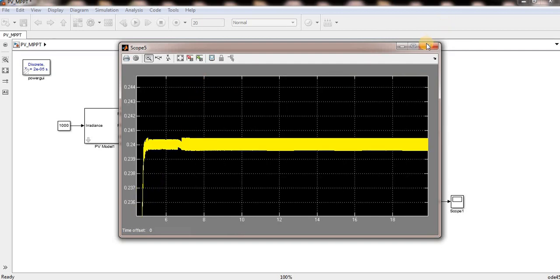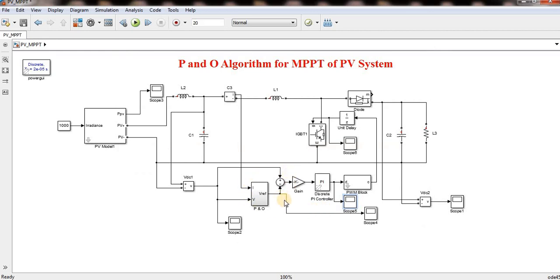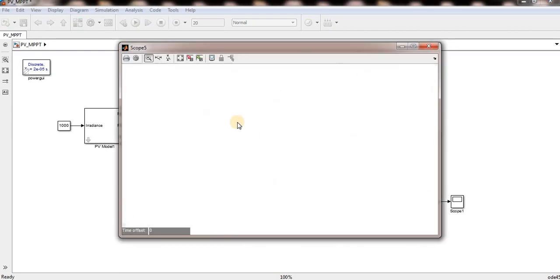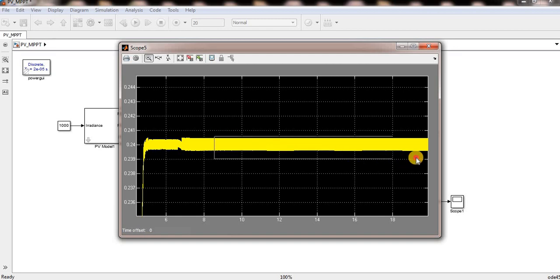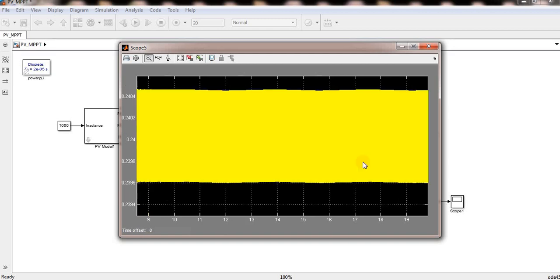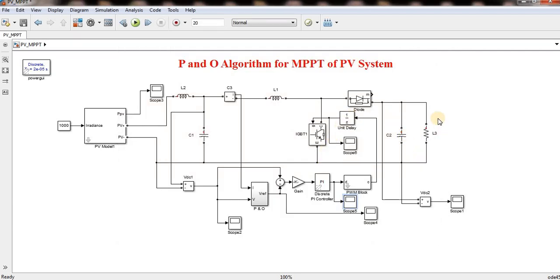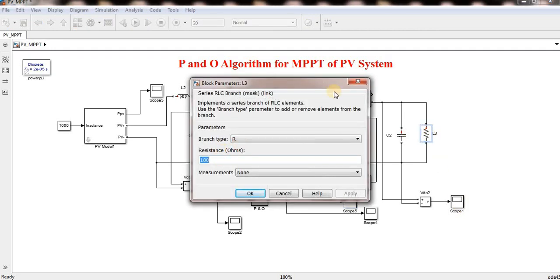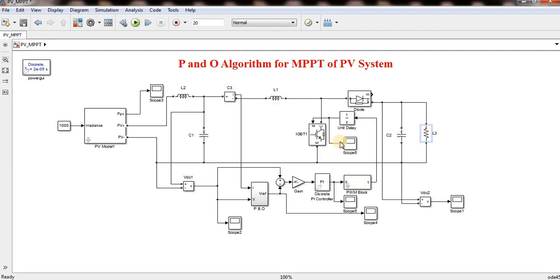See, if my voltage is reaching my desired value, then the output of PI is constant. I explained how PI controllers work in my previous video. You can see, 0.24 duty cycle is sufficient to get the maximum power across the load. So based on this voltage, it is consuming the maximum power. If you increase the resistance, then it will increase the duty cycle to increase the voltage, and then V square by R will again be 4700 watts.